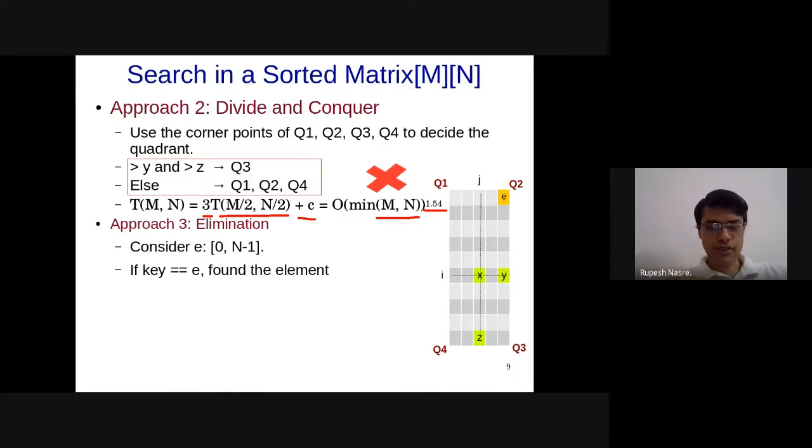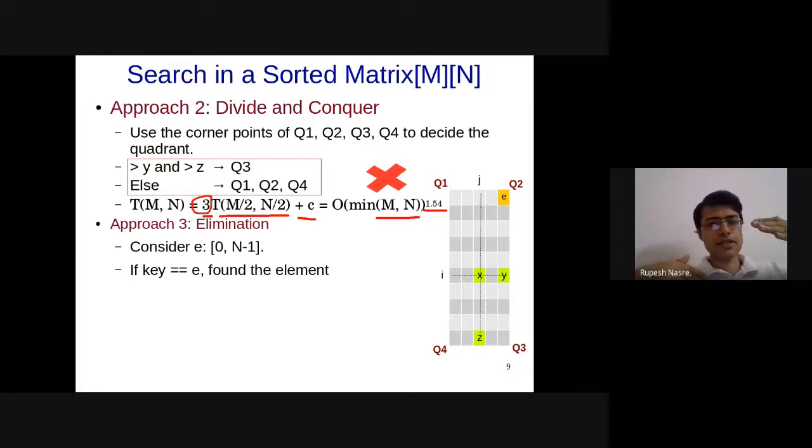But because of this, the 3 to the power k after k steps is going to make m by 2 to the power k or n by 2 to the power k equal to 1, and therefore 3 to the power k is going to come from this part. The minimum of m upon 2 to the power k or n upon 2 to the power k is going to become 1, because every time we are halving these two.